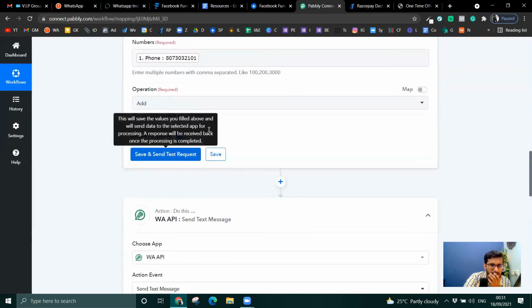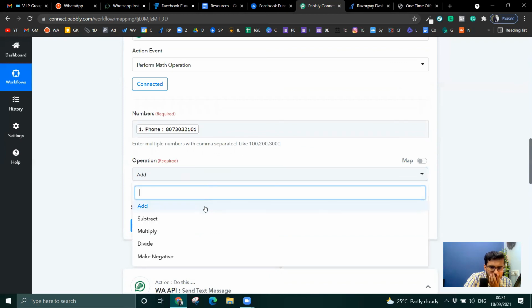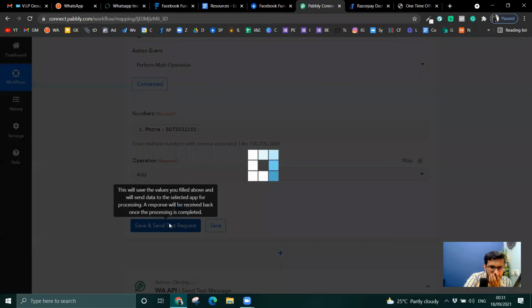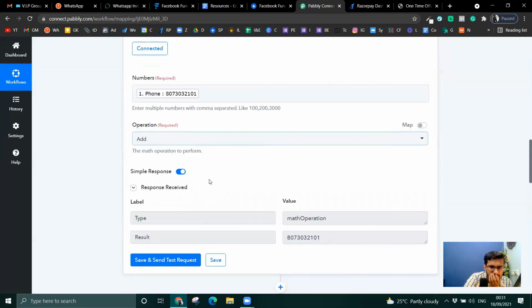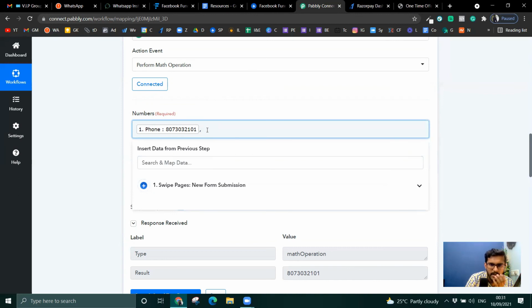Okay, what am I gonna add? Add what? Okay, okay. So they want me to enter multiple numbers comma separated like this. So I'm gonna write 10 digits of zeros, 91. So it will become 91, 1 2 3 4 5 6 7 8 9 10.